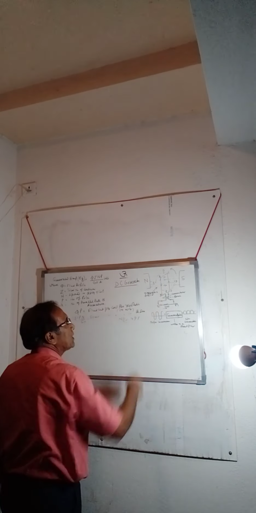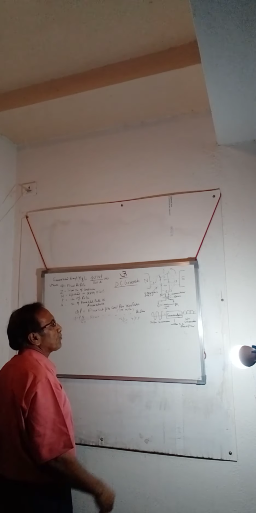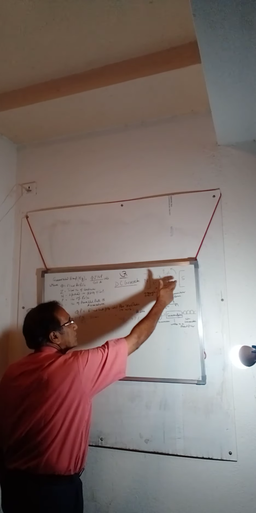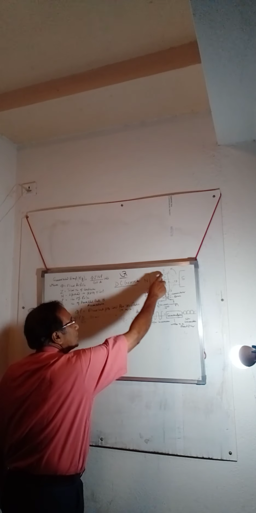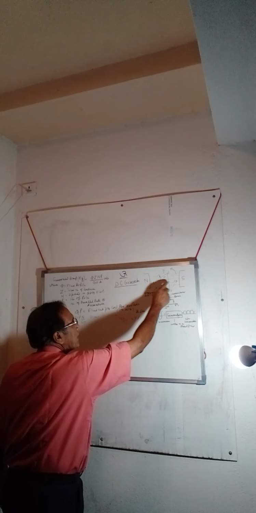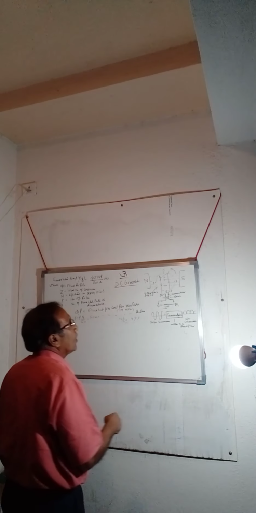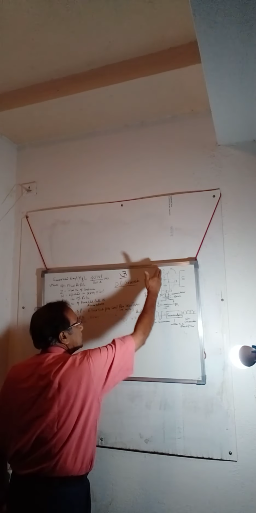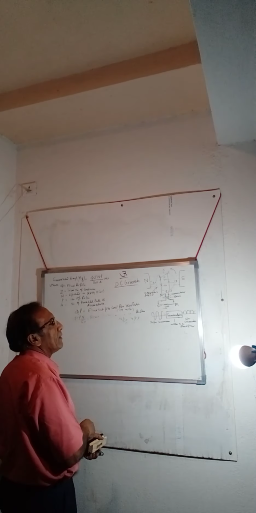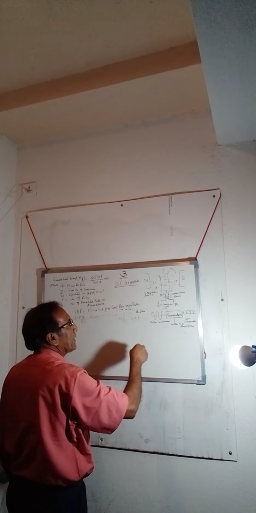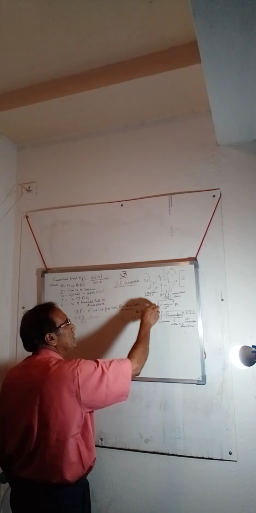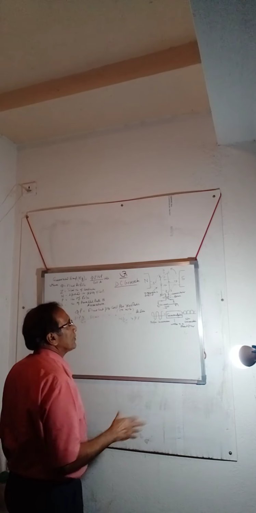is rotating in the magnetic field. There are four positions: 0, 1, 2 and 3. 0 and 2 are 0 degree and 180 degree, 1 and 3 are 90 degree and 270 degree. When the coil is at 0 and 180 degree, the motion of the coil is parallel to the flux, therefore flux cut is 0 and the induced EMF in the coil is also 0.